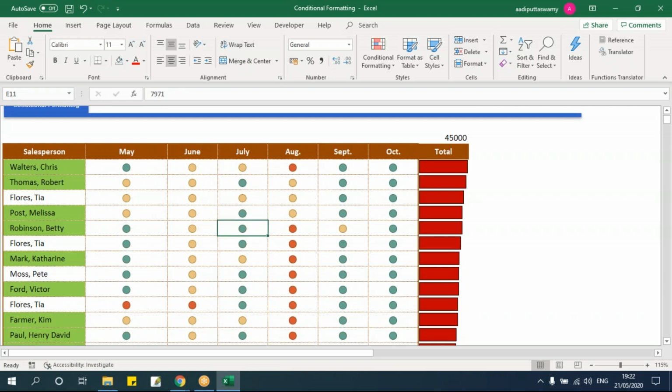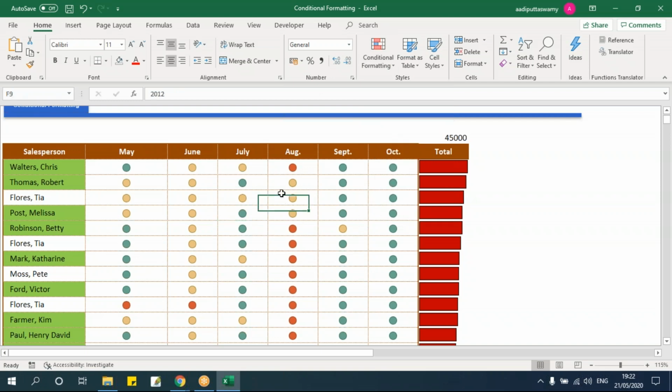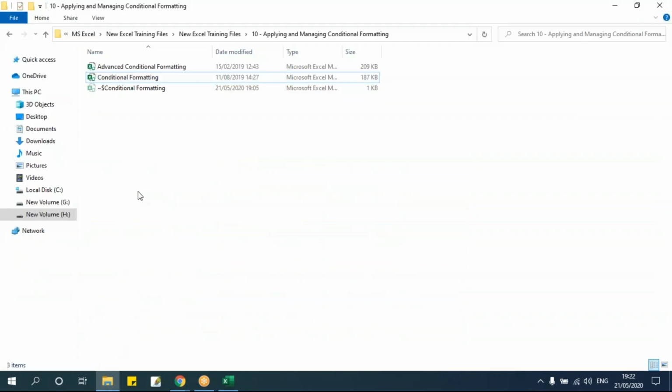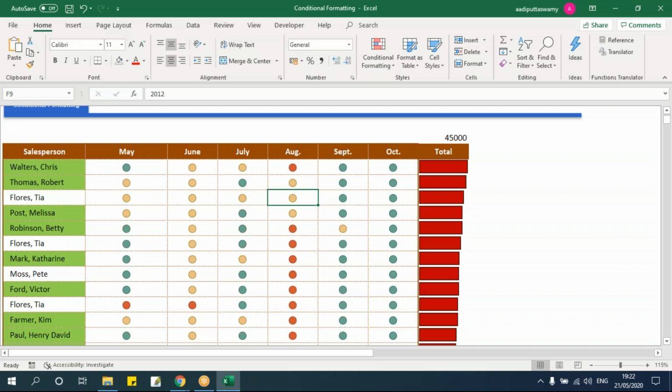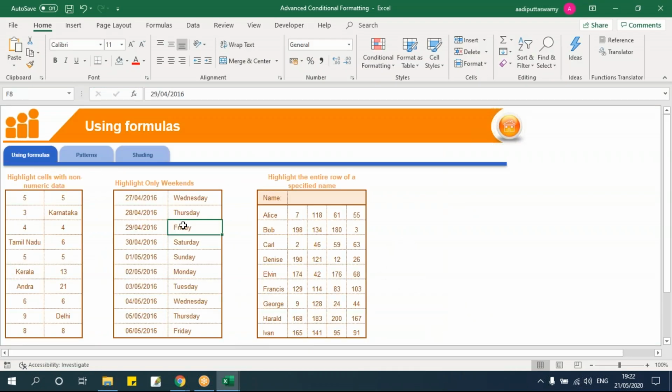This is a simple conditional formatting. So there are so many options like this which you can use. But what if you want to customize? Customize in the sense, these are all predefined. But I want to do something where I will put the conditions. So based on those conditions, I need to highlight the cells. So for that, let's go here and we'll take another example where we have this conditional formatting, that is by customizing the conditions.